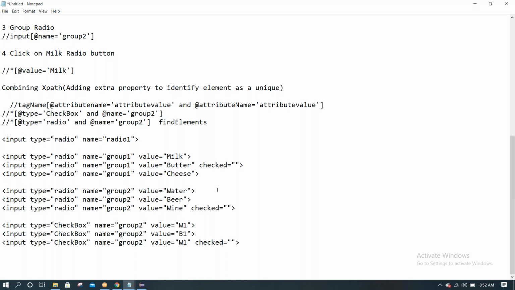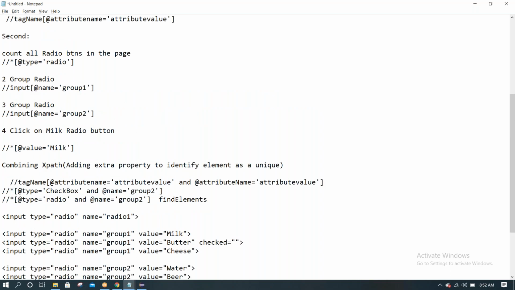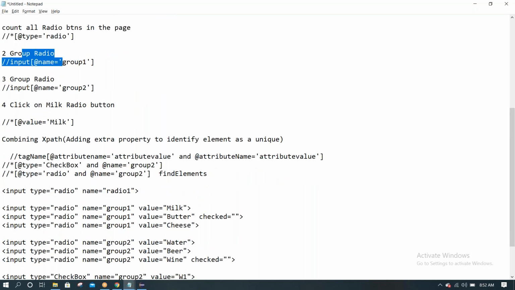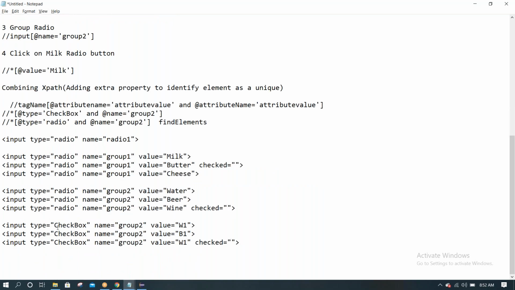Okay, now to understand this contains or starts with or ends with, let's take this example only. Now as per this, count only radio buttons or count only checkboxes, we can go with like this.